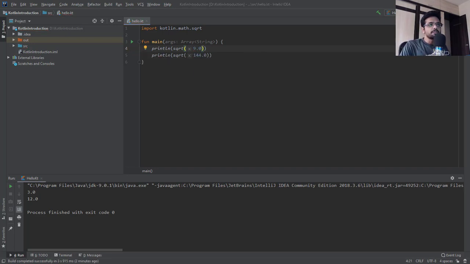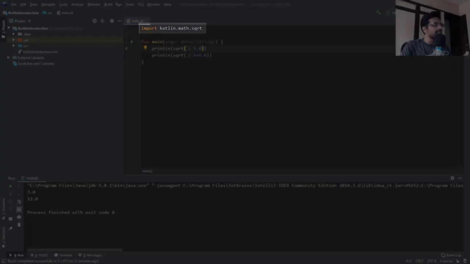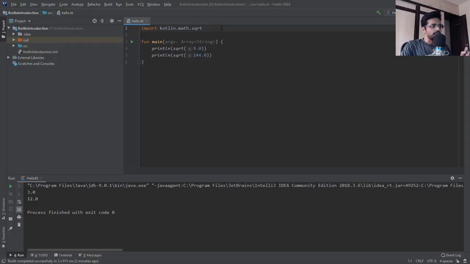The square root function gives you the square root of a number. Also, if you notice, there is an import statement here. These are called import statements. Basically, libraries are imported here. Our square root function is in math library. There are many more math functions like max and min, which gives you the maximum and minimum number out of the two.